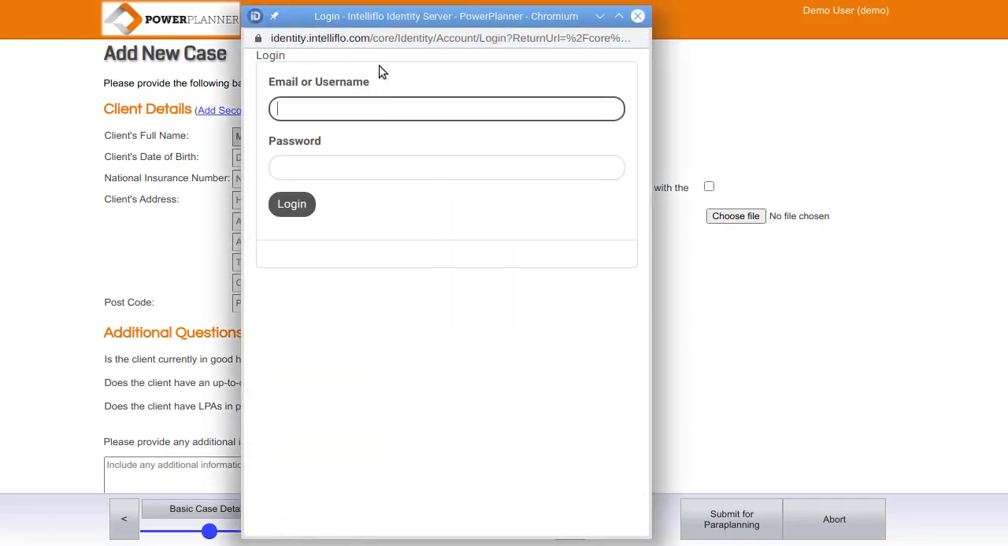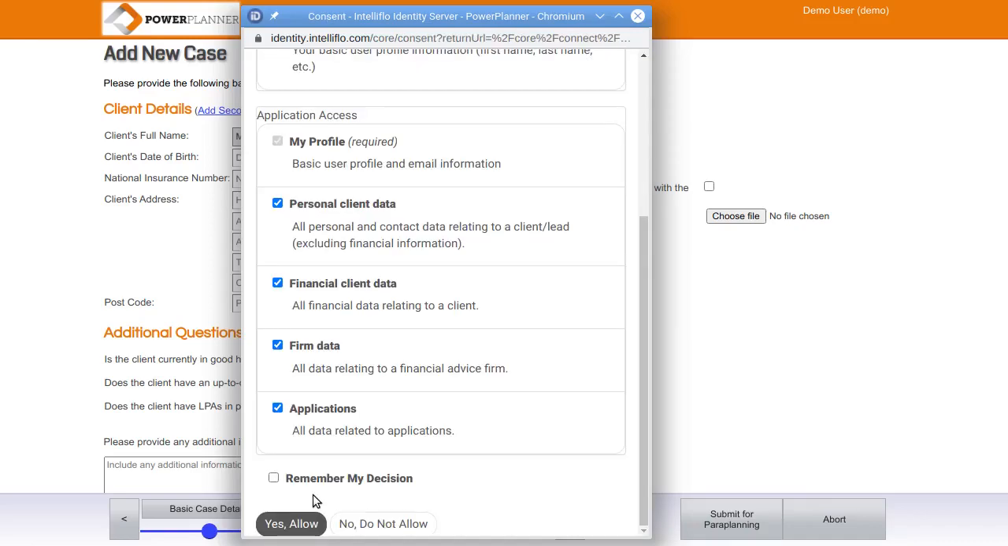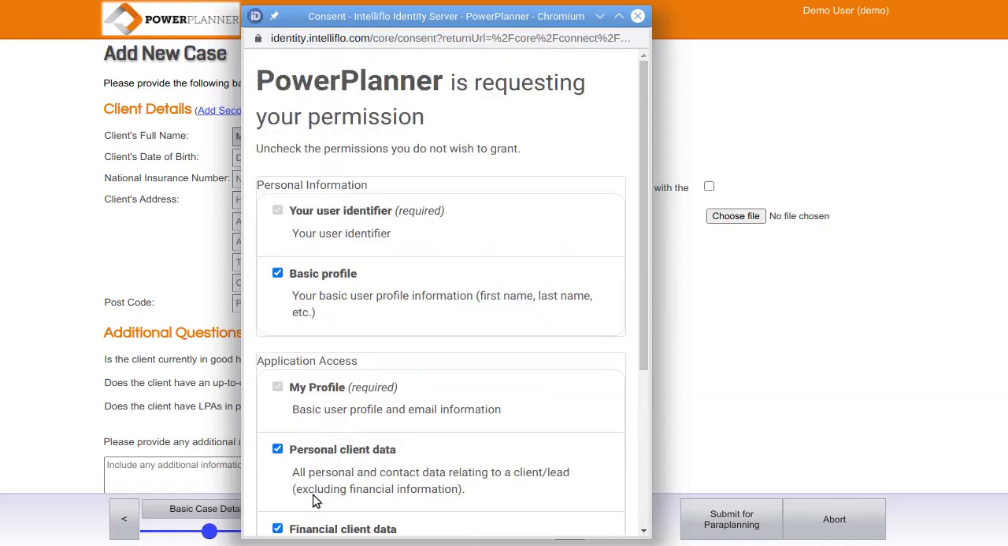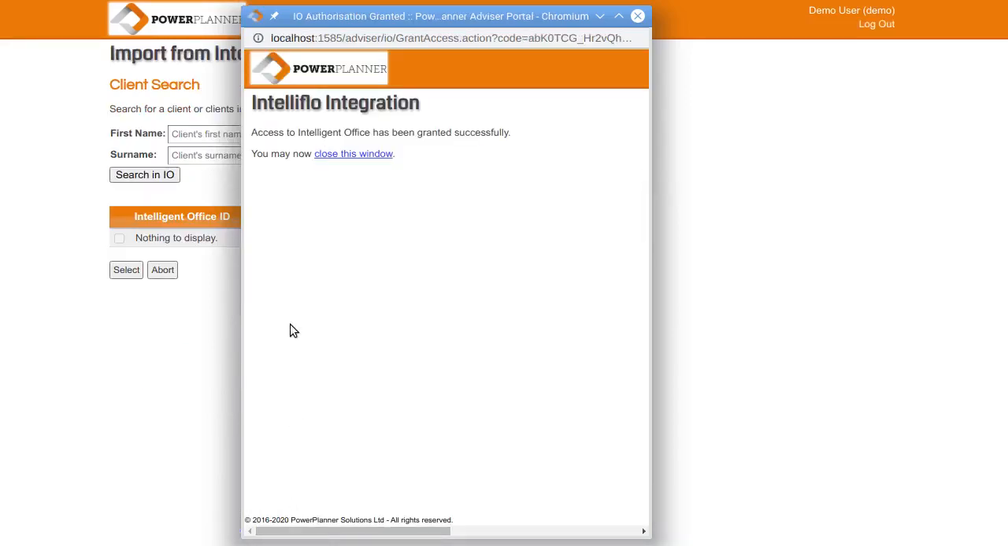This presents you with a login served from Intelliflo prompting you to log into your Intelligent Office account. Simply enter your username and password to do so. Upon logging in, you're presented with a screen that looks like this one, where Intelliflo is asking you to grant permission to PowerPlanner for you to access data. When you choose Allow, the window changes to show that access to Intelligent Office has been granted successfully, and you may now close this